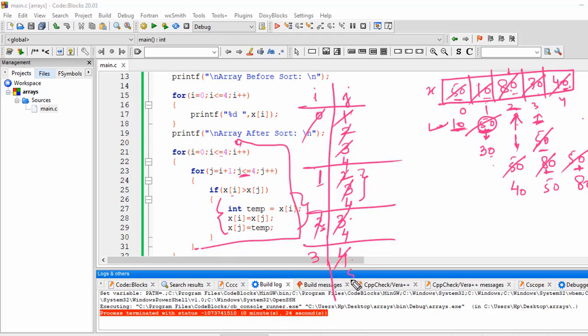So after that j will be incremented. j will get 5, but this 5 is conditionally false here. So again i will be incremented by 1. i will become 4. When i becomes 4, j becomes 5. This condition will be false because j is supposed to be less than or equal to 4 but j is 5. It will come out of this loop and i will get incremented, and i will become 5, but this time this condition will be false and it will get out of the loop and